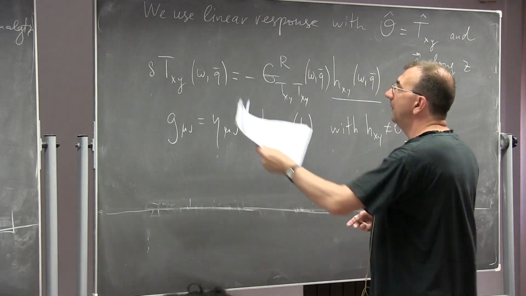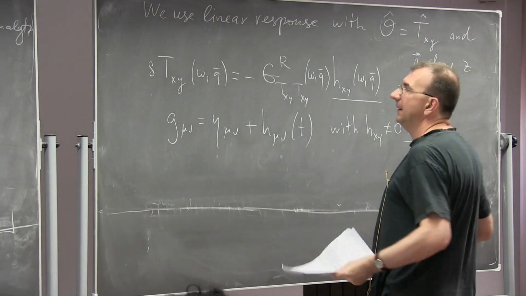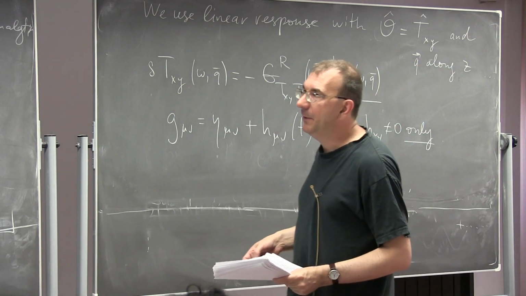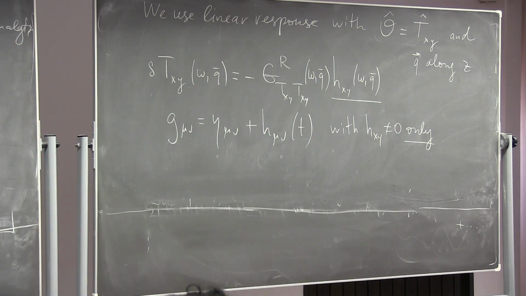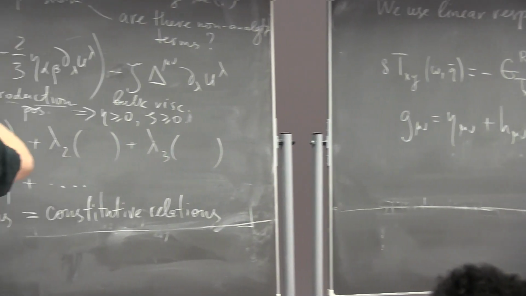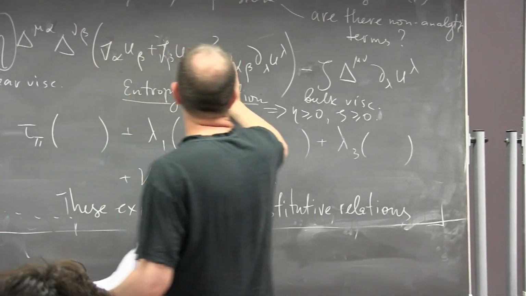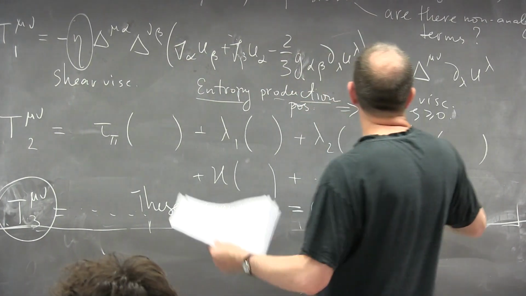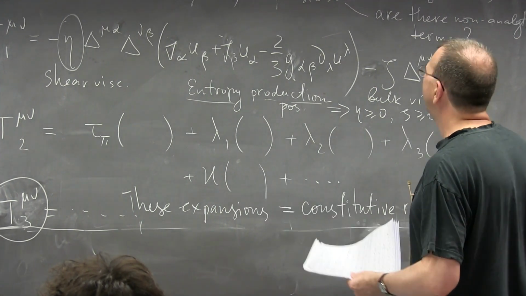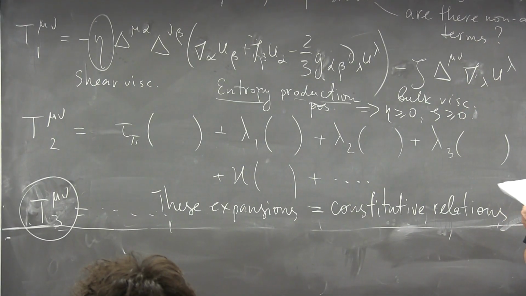So what can we do? We have this expression from linear response theory, but we also have the expression for the expectation value of T mu nu written as a gradient expansion, and shear viscosity enters here. And as I said, you can happily generalize this whole expression to curved space-time. The only thing I need to do is to replace this with a covariant derivative here, a covariant derivative here, and g mu nu here, g alpha beta here, and a covariant derivative here. It will be the same expression now in curved space-time. So fine.